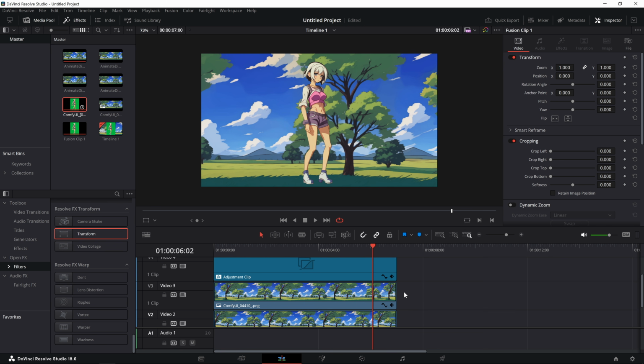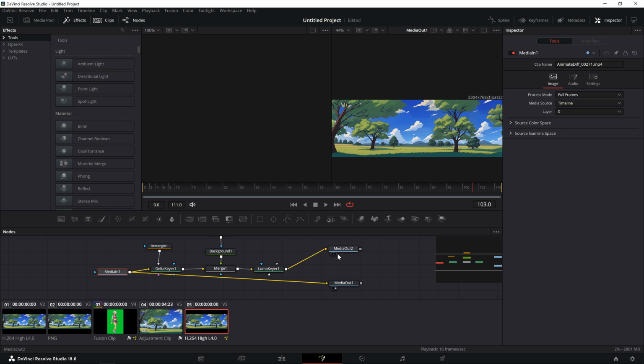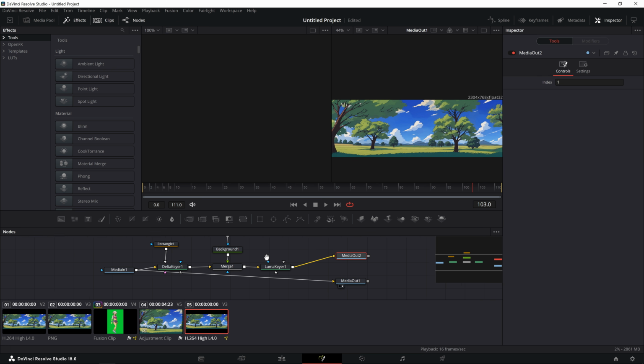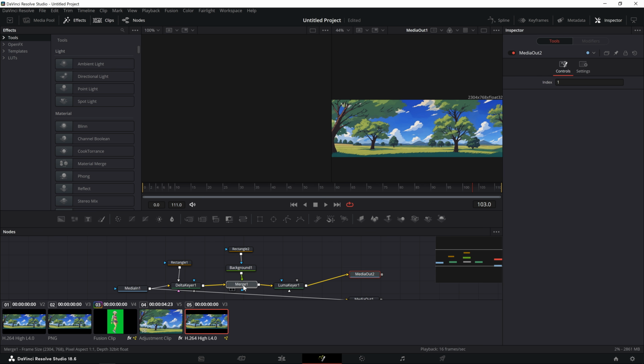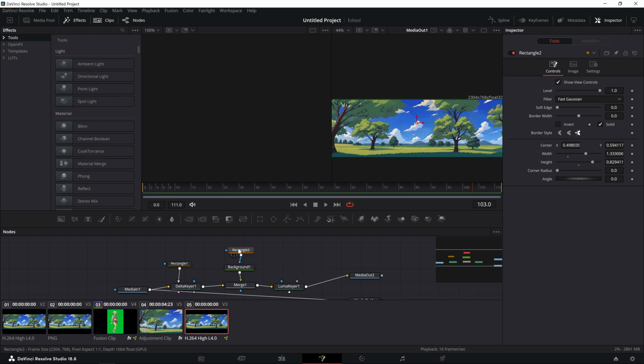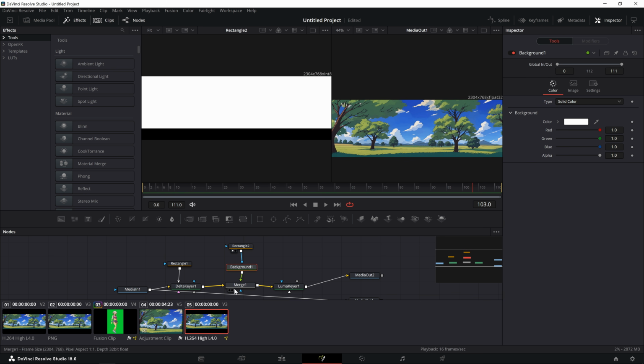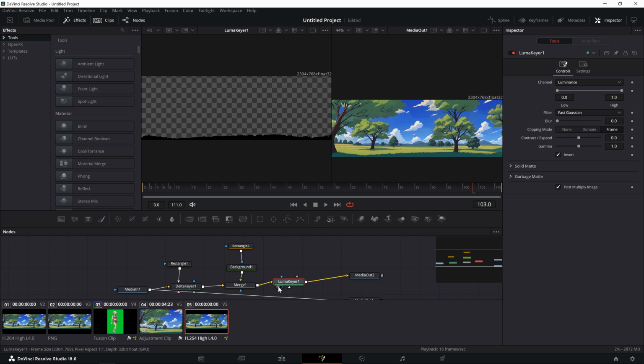Okay, and the other thing we can do, now that I think about it, and so what I've done is I've actually created a second media out, and I've got a merge node after the delta with a white background and just a mask or a rectangle that cuts out the white background, and I'll show you what that gives us. So then that way I've got this. I use a luma keyer to cut that out, so it's just got the bottom, and I'm going to use